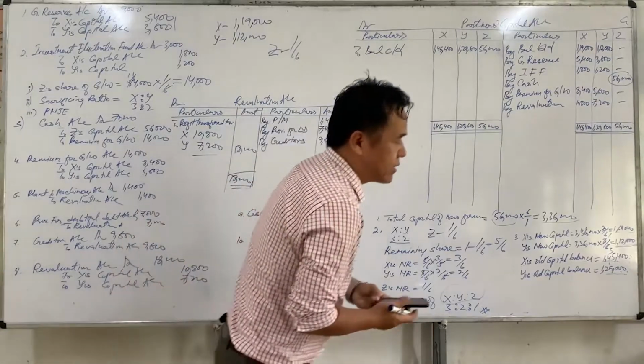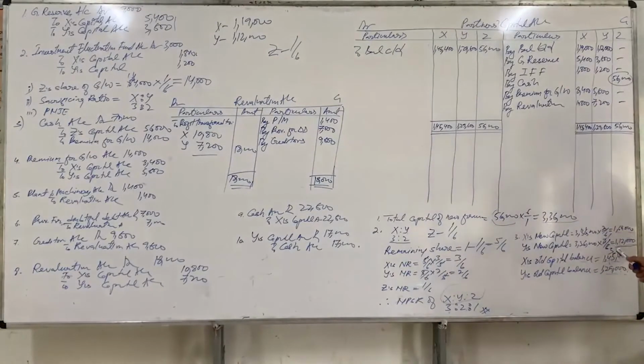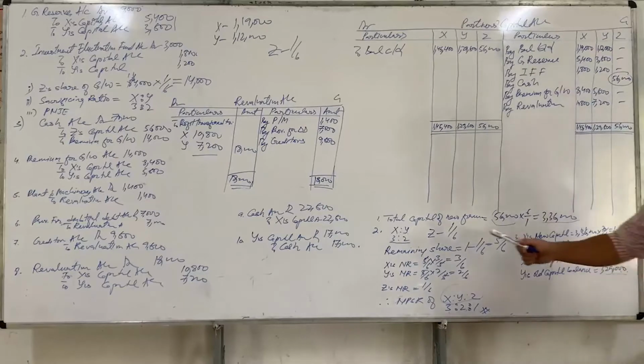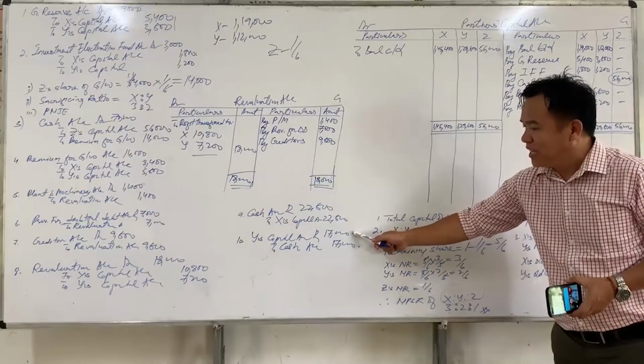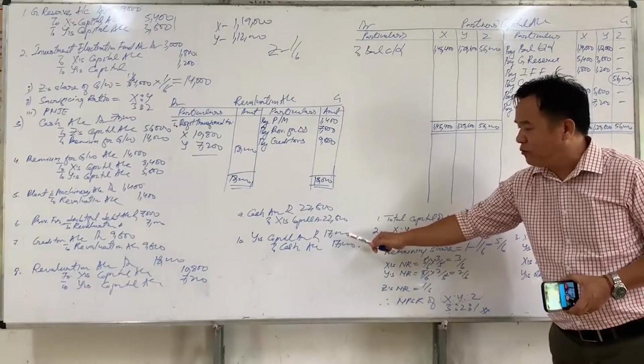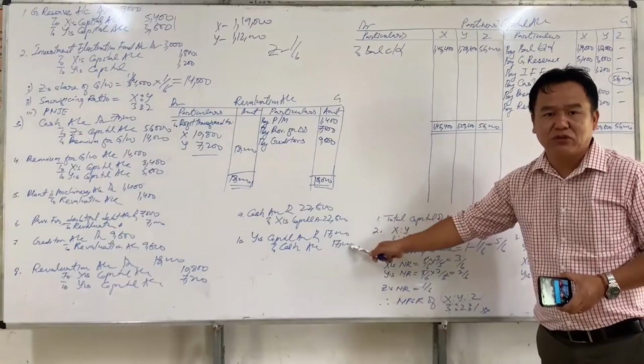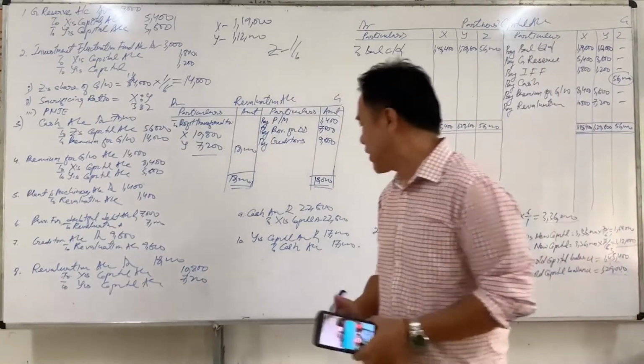Okay, since Y wants to have rupees 1,12,000 as his new capital, whereas his old capital balance is 1,20,000, he has to withdraw rupees 7,000 from his capital, and his capital will be decreased. If his capital decreases, it should be debited. That is why Y's capital account is debited and cash account is credited, because he has withdrawn rupees 7,000 from his capital account. Okay.